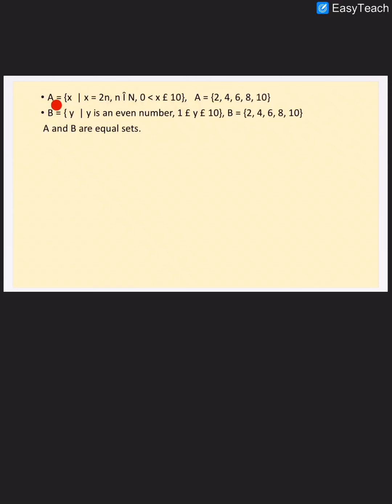See, here is an example. A is equal to {x such that x = 2n, where n belongs to the natural number set, and x is less than 10}. How will we write it? x is between